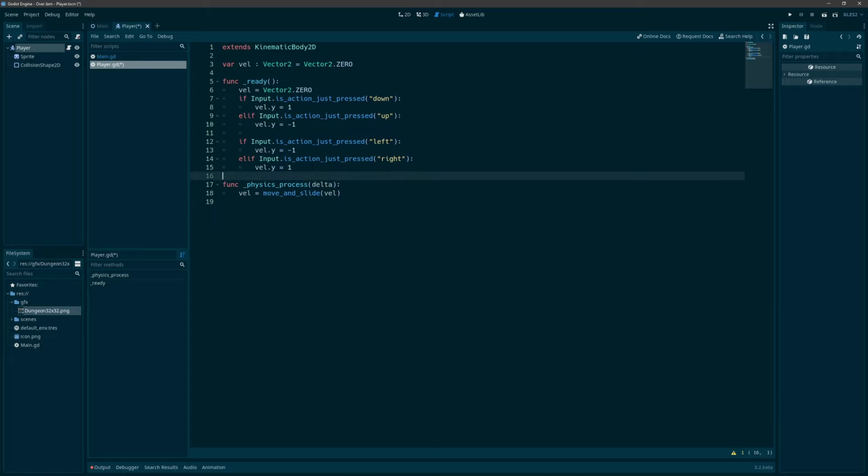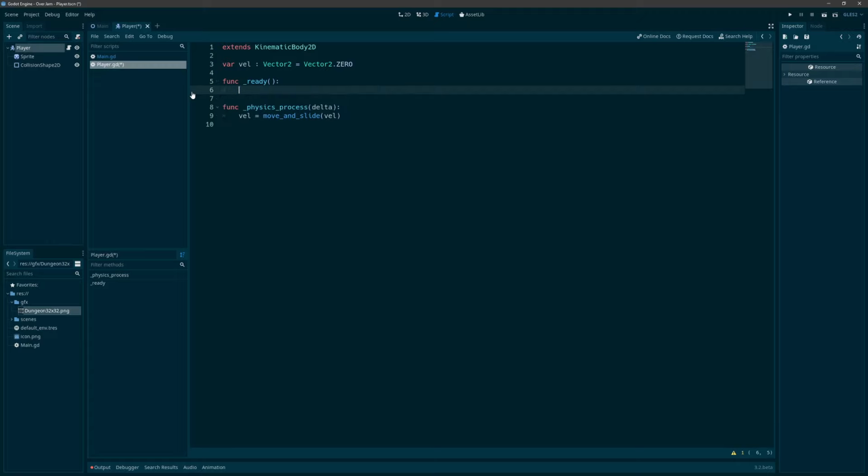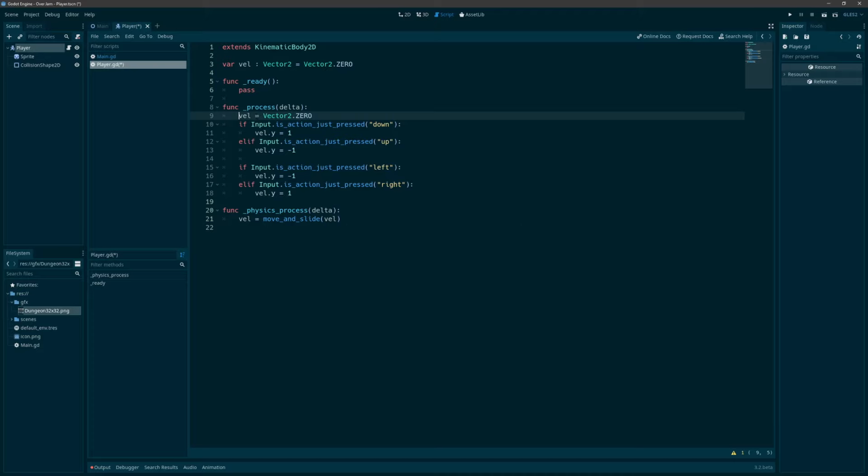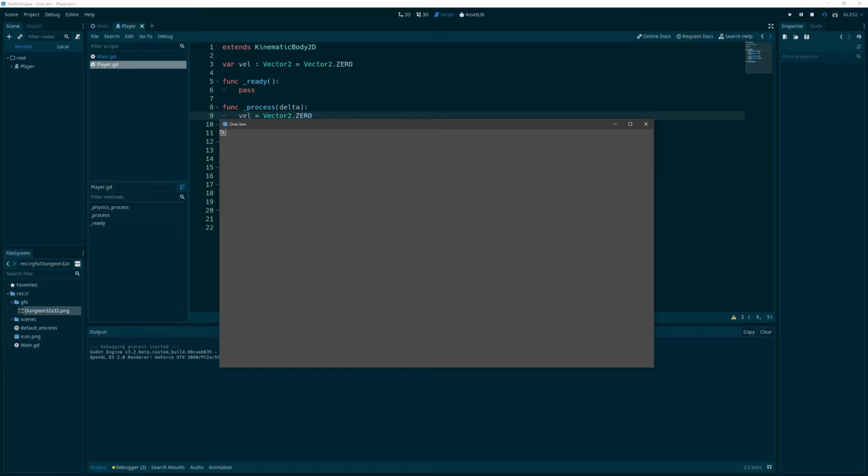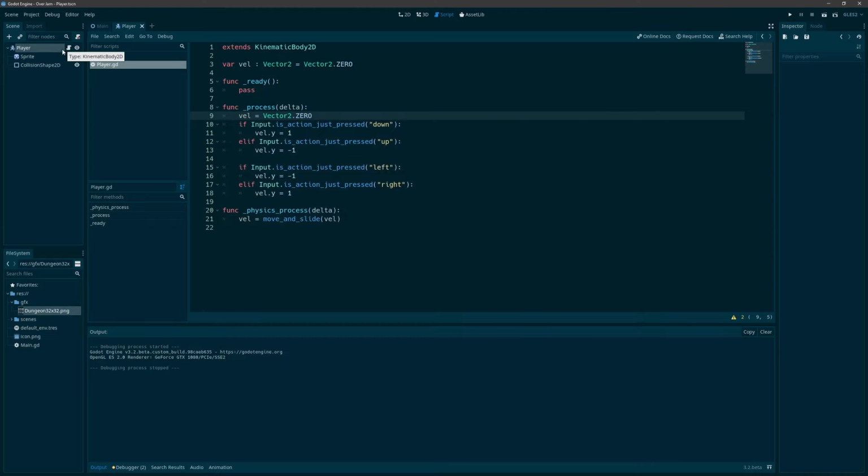All right. And that's not in the ready. I don't know, what am I thinking? That's going to be in process. So let's run that scene and see if this even works. Oh, of course. False. Yes, forgive me. We actually have to set that velocity because